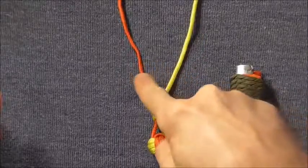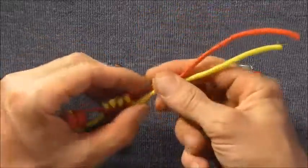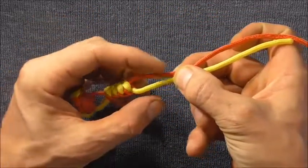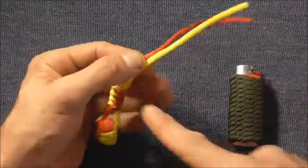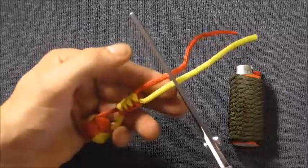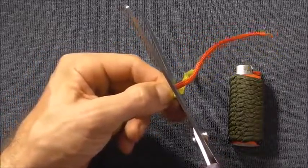To finish this off, I'm just going to fuse these 2 pieces together. So I'm going to cut these at about 2.5 to 3 centimeters from the end of these snake knots. I just want those strands to be even. Cut them through,